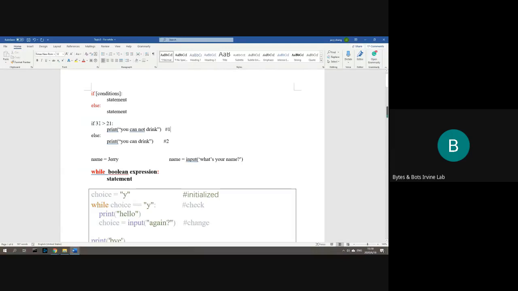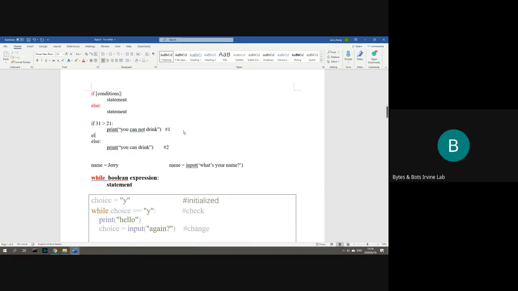So here we check one condition. What if we have two conditions? We will use else if, and in Python we just shorten it to elif. That's just short for else if. Then we have another condition, like if age is greater than 21, we do this, and else if age